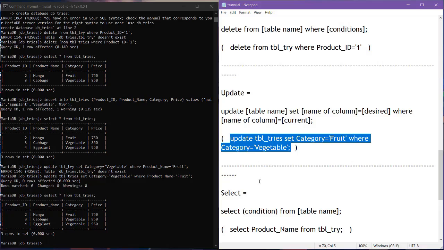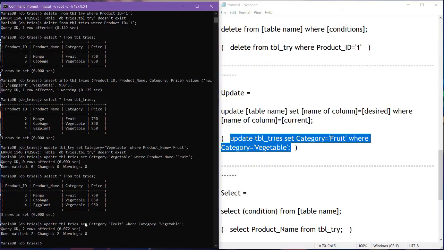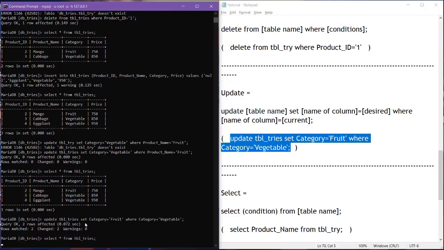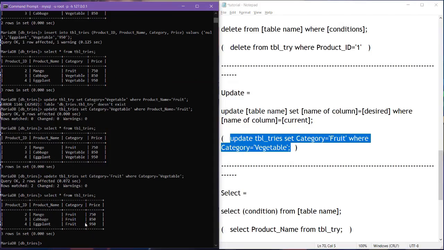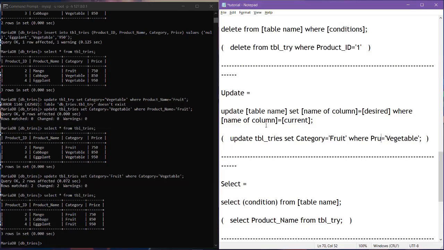See, those both changed. But to change only the fruit, use the product ID. Why? Because it is unique. So product ID, three.